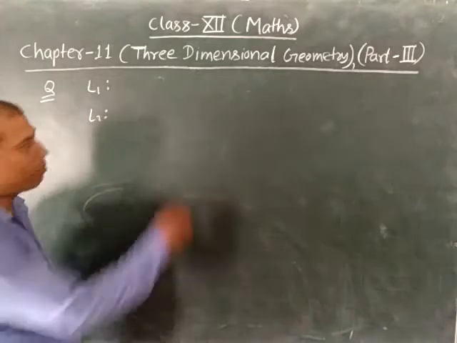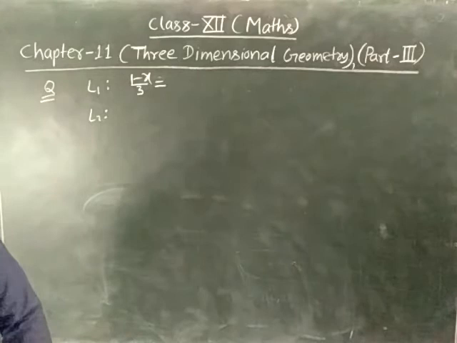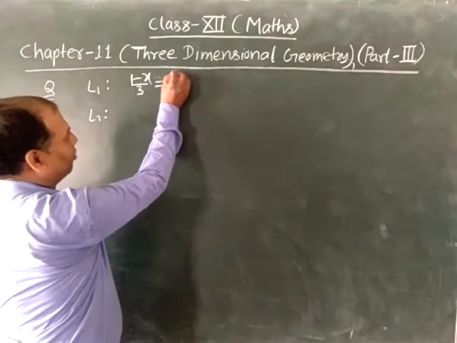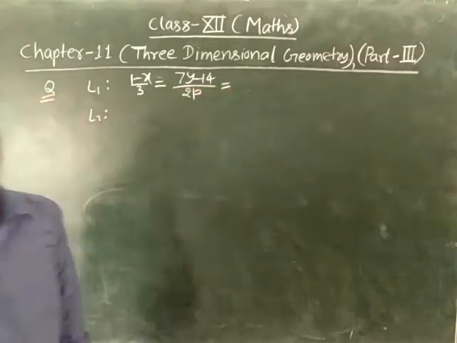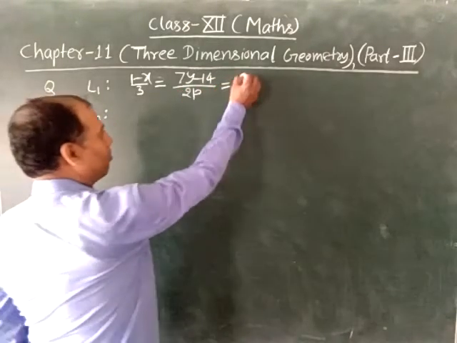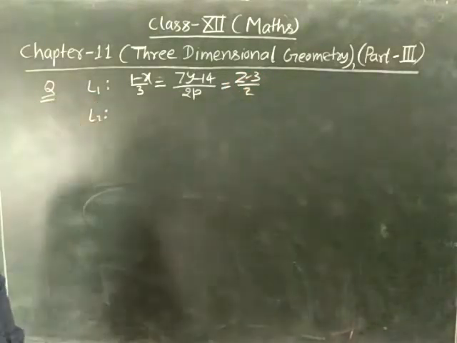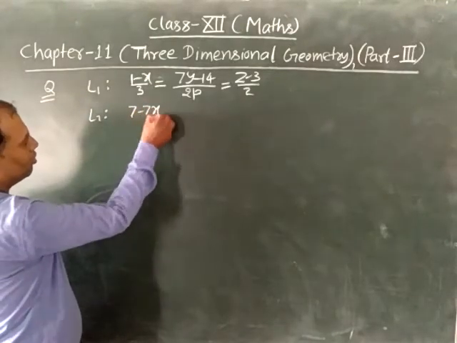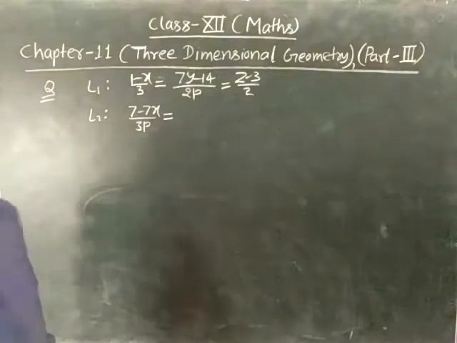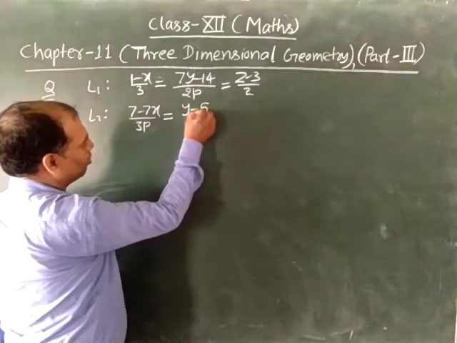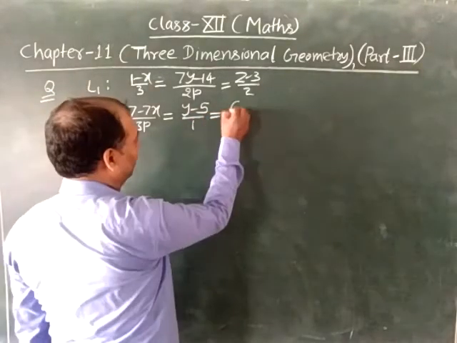The equation of line L1 is (1 minus x) upon 3 equal to (7y minus 14) upon 2p equal to (z minus 3) upon 2, and the equation of the line L2 is given by (7 minus 7x) upon 3p equal to (y minus 5) upon 1 equal to (6 minus z) upon 5,